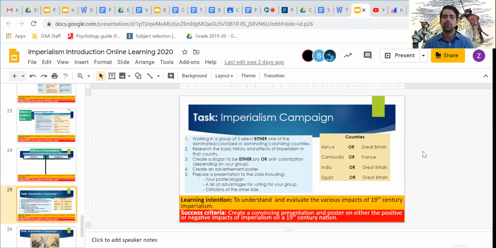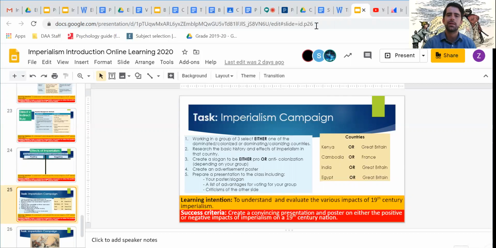You would want to add more text, I'm sorry, not visual. You would want to add in more text involved in here to make it a little bit more informative. But this is a great example of what you want to do. So I'll meet with you, give you feedback, and then you will work as a group to develop some arguments,